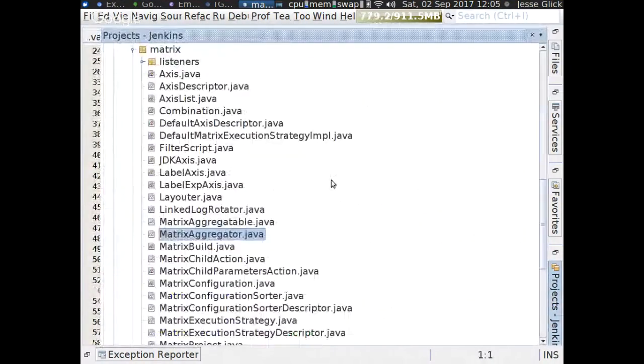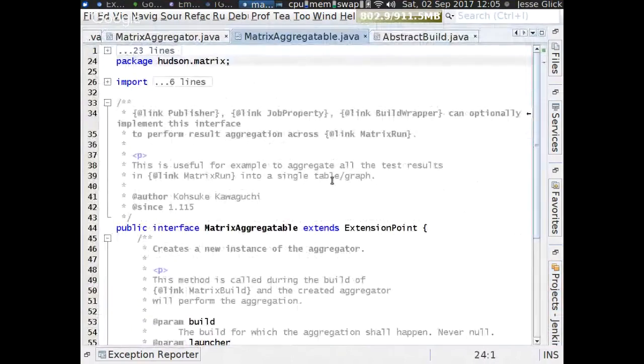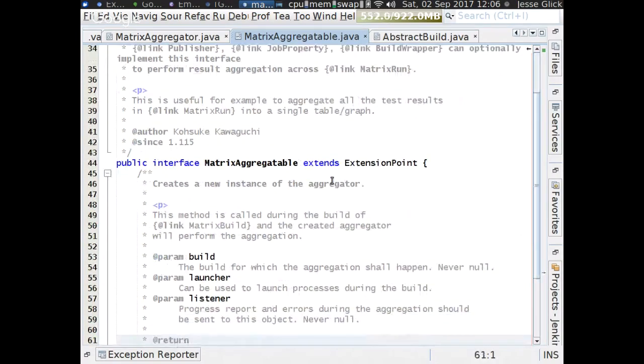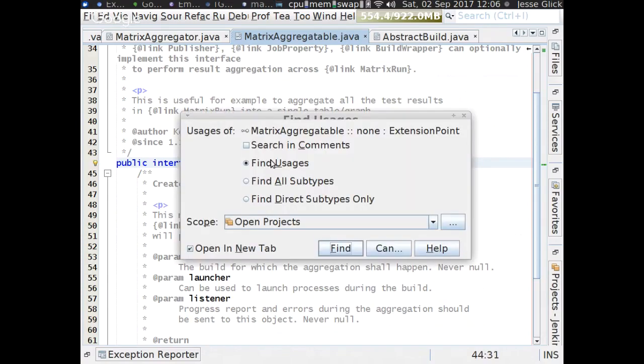So we have matrix aggregatable, right? Written by Kohsuke in Hudson 1.115, so a long time ago. This is a definite anti-pattern. Any kind of required marker interface is a bad idea. You should never ever do this. If you look at the uses of it,